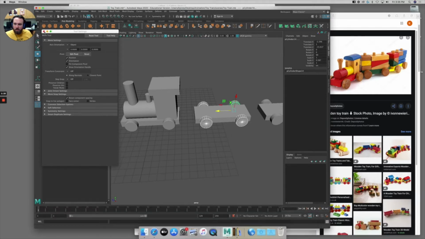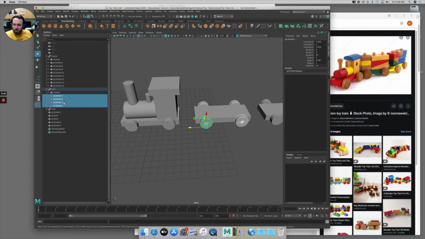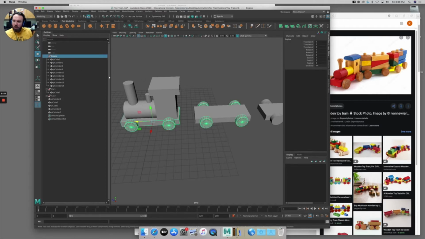And then I can close those tool settings. And then I'll go into cart 1, select all of my wheels that are there, and delete those. So right now, I've got wheels for one of my cars, but they're in my engine group. So I'm going to select those wheels,